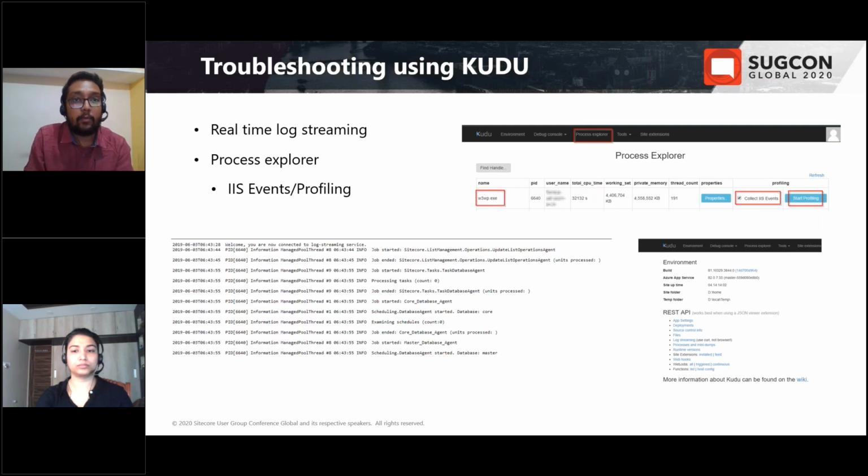Then the process explorer, like you can see, it displays the W3WP process for that. And then we can also start profiling for this. We can collect the profile, also collect the IIS events. We can also check some other properties like environment variables. You can kill the applications like I mentioned before.